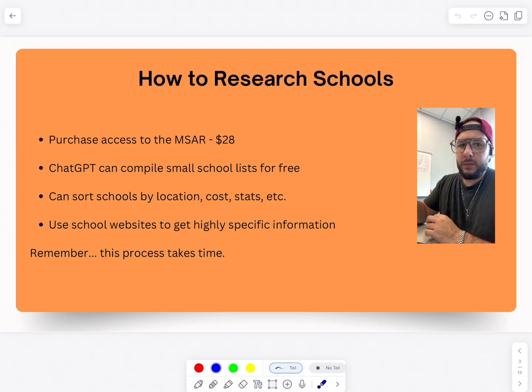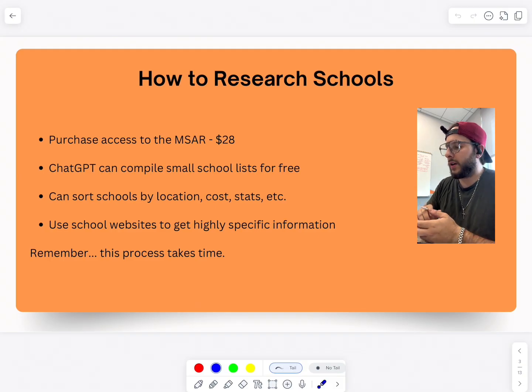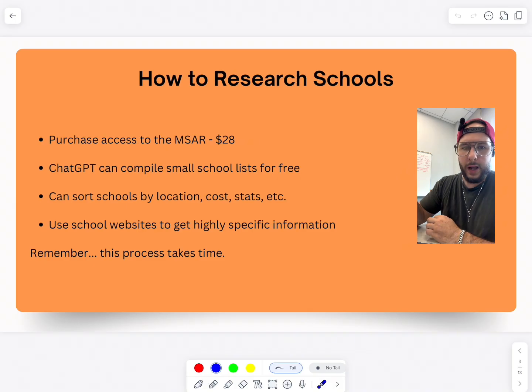Now, something I want to clarify about this. You're looking up schools. You're acquiring information about schools. You are maybe writing this information down in an Excel spreadsheet. You're categorizing schools based on location or cost or things like that. This takes time. This is not something you do in an afternoon. This is not something you do in a weekend. In my opinion, this is something you do over the course of months. Begin to hone in on specific institutions. As you gain more information, some of them are going to become more attractive to you. Some of them are going to become less attractive to you. And that process just takes time. So give it time.